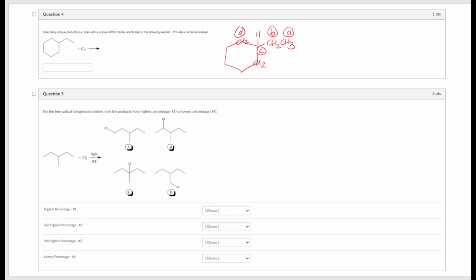So they would both be labeled as D, the fourth different product. Then these two CH2s here would give us the same product. If we put a chlorine here, it would be